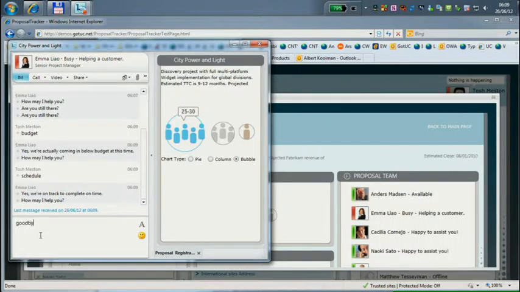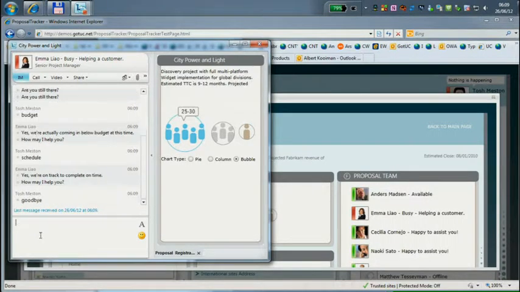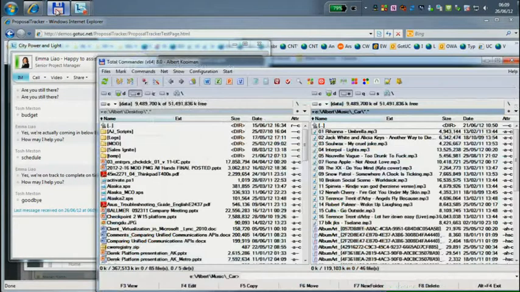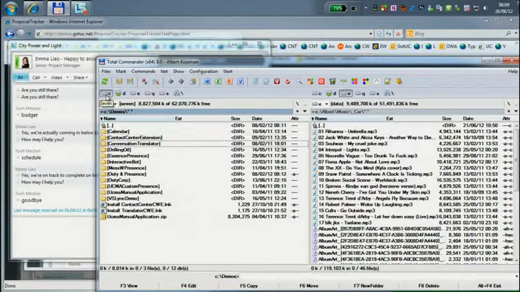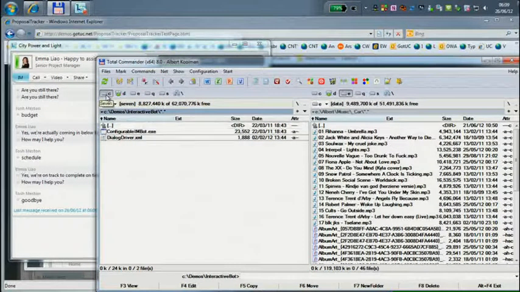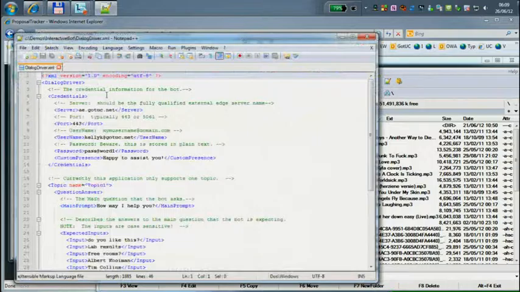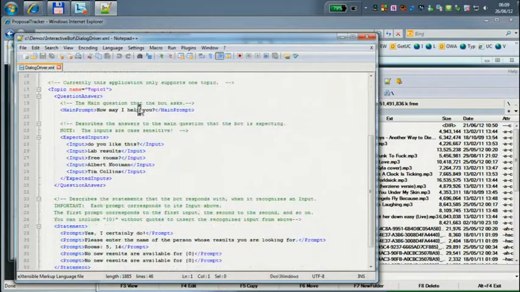Let me actually end this. And again, this is a piece of code that you can download from the website. It's a query response bot that is actually driven by an XML file. Maybe I should show you a little bit what it looks like. Forgive me using the most awesome piece of software that is not Microsoft. Let me see, where's the interactive bot? If you go here, my dialogue is actually driven by an XML file. So here you see how you need to log in, but do you like this? If I would have inputted that, it says, yes, I certainly do. So this is a query response bot. So it's just a little XML file.